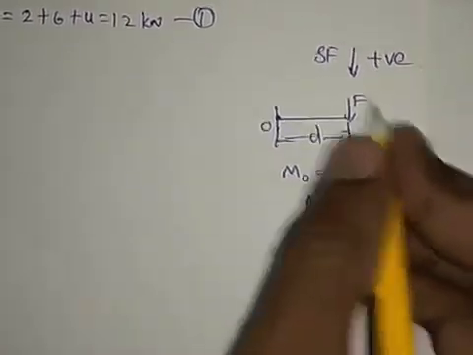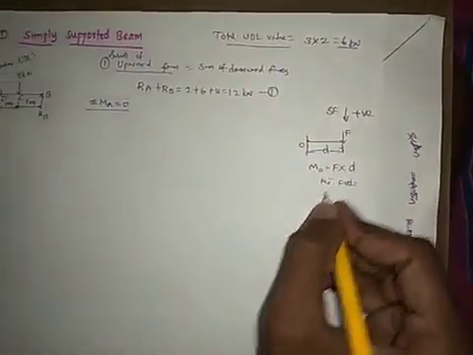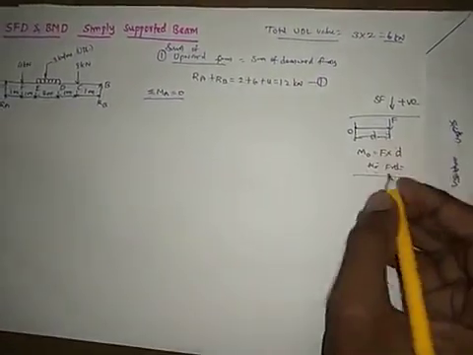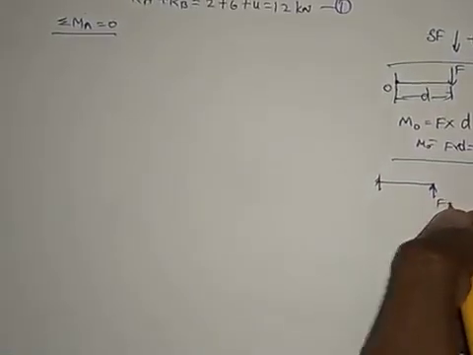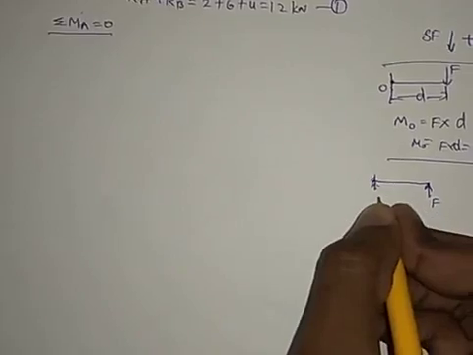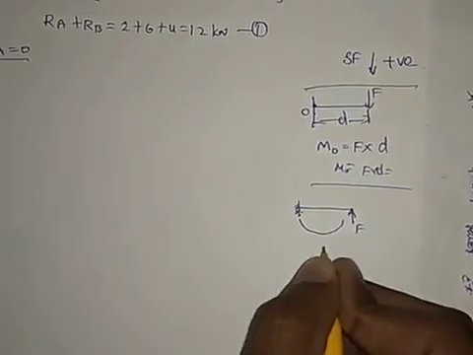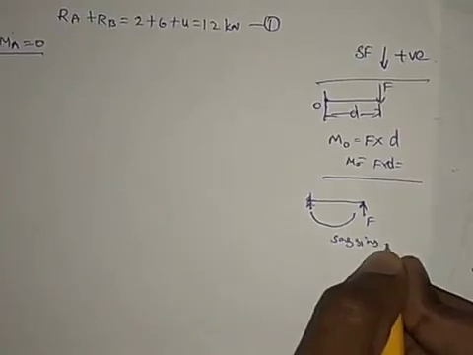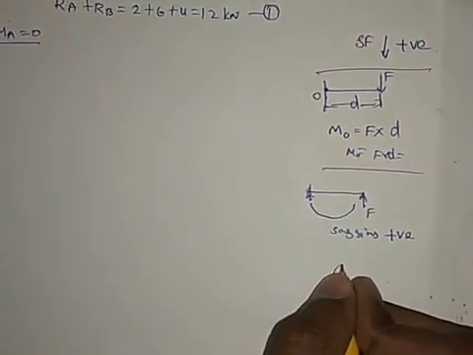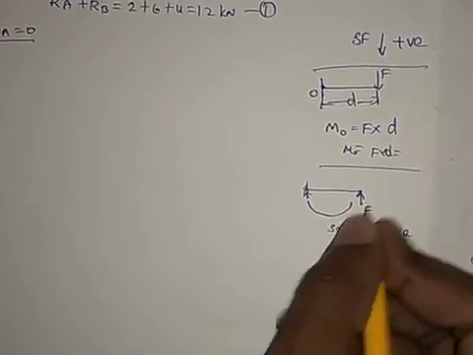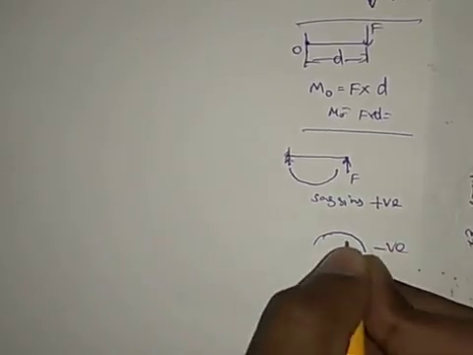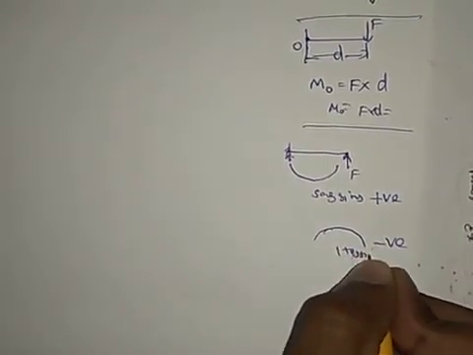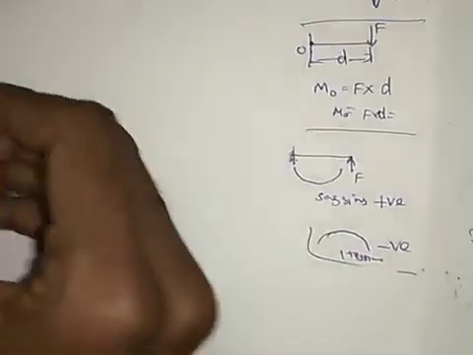That is the moment. And let us take the sign convention for bending moment. If the moment is causing sagging, suppose you take a force like this, this force will bend this beam about this support, it will bend downwards. So this is called sagging, and let us take sagging as positive. If the layers of the beam are bending like this, it is sagging. And if the layers of the beam are bending upwards, that is negative, that is hogging. Clear? So that is the sign convention to be followed.